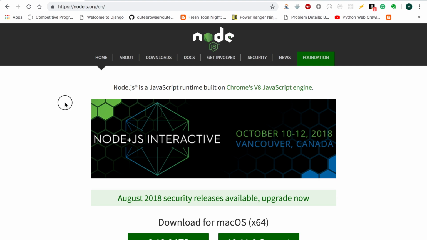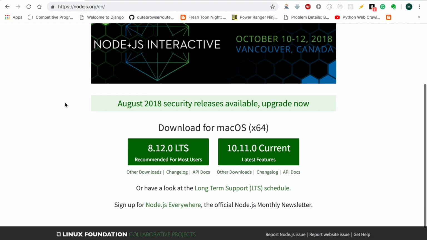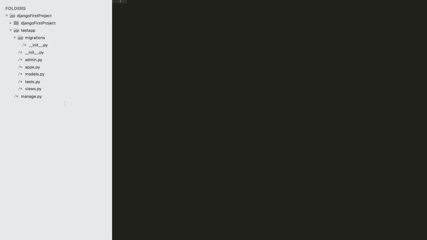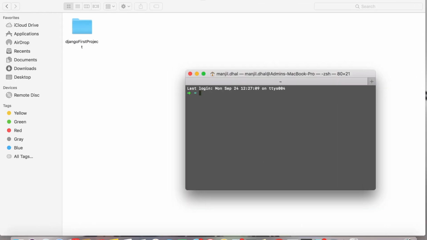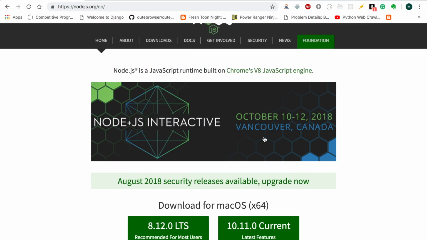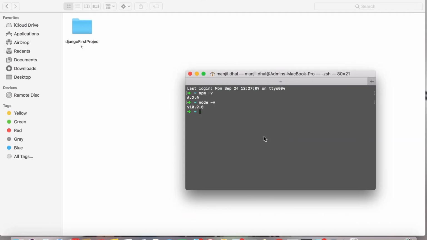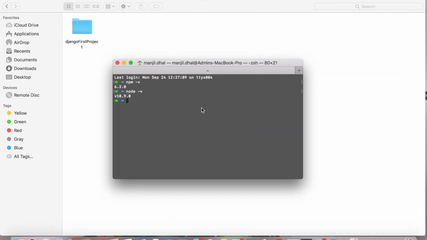For that, first you need to have Node and Node Package Manager installed. You can download it from here, the link is in the description below. Once you have downloaded it, you can check your version. My current npm version is 6.2.0 and my Node version is 10.9.0. I assume that's not the latest one, but there shouldn't be much difference in the new release. Now once we are done with this,